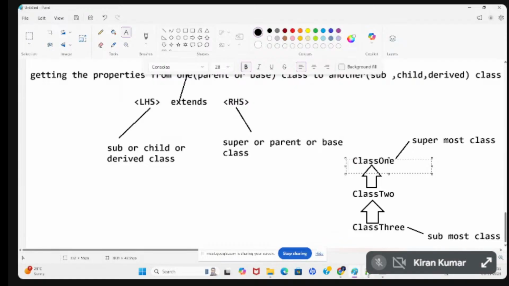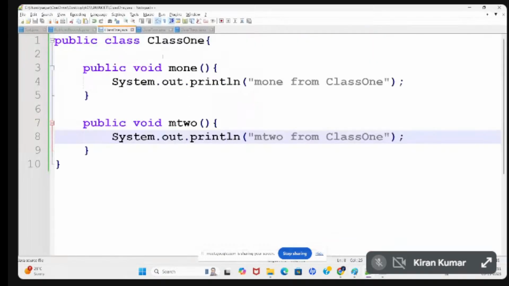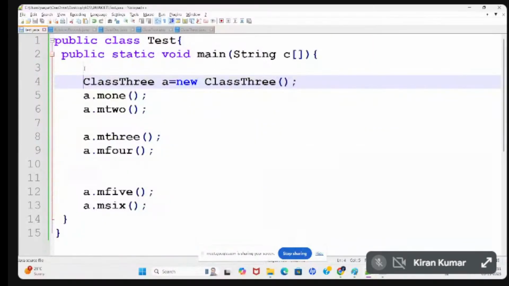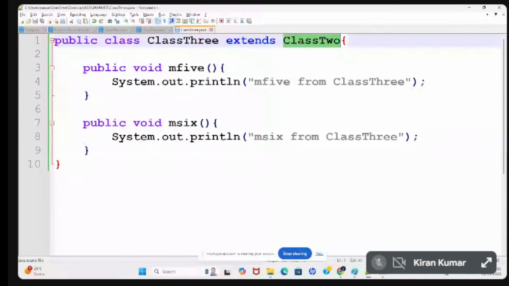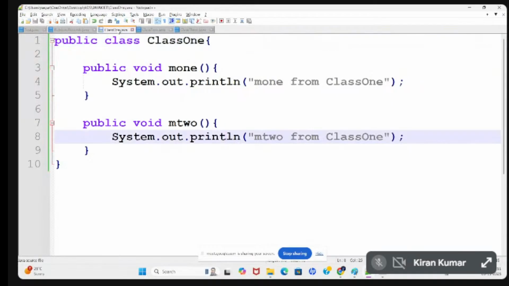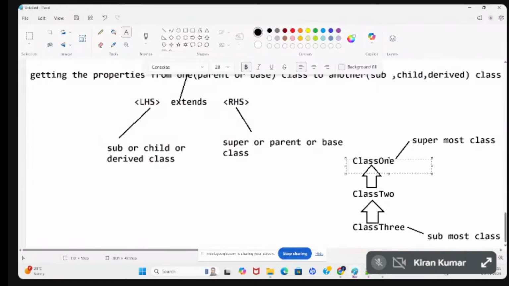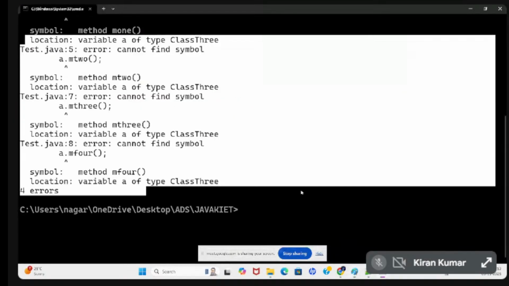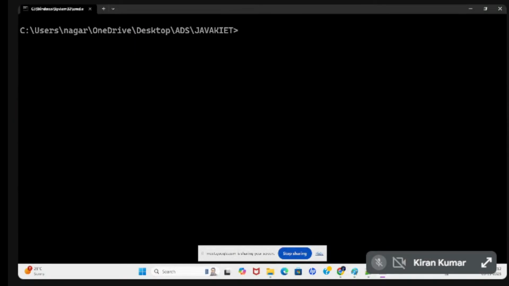We created the submost object, that is class 3. But class 3 extends class 2, as well as class 2 extends class 1. In class 1 there is nothing, there is no extends keyword. Now when you try to execute it,